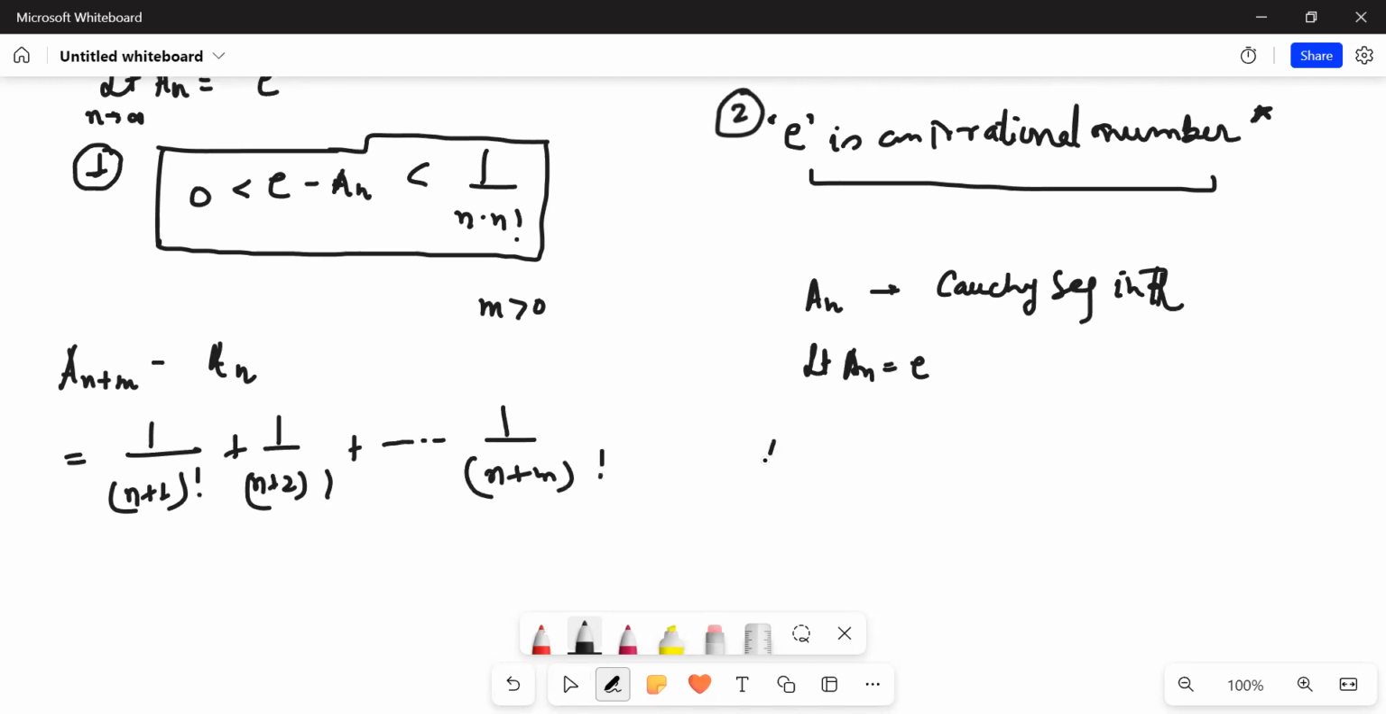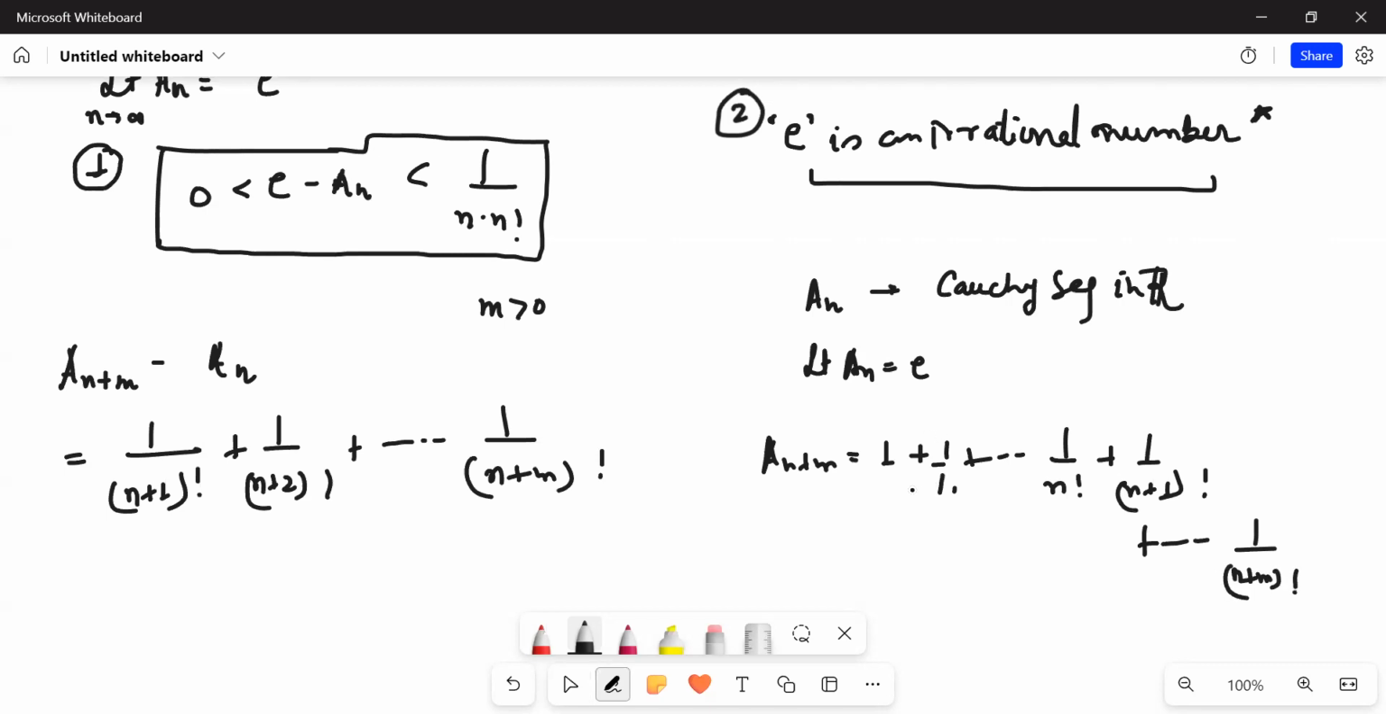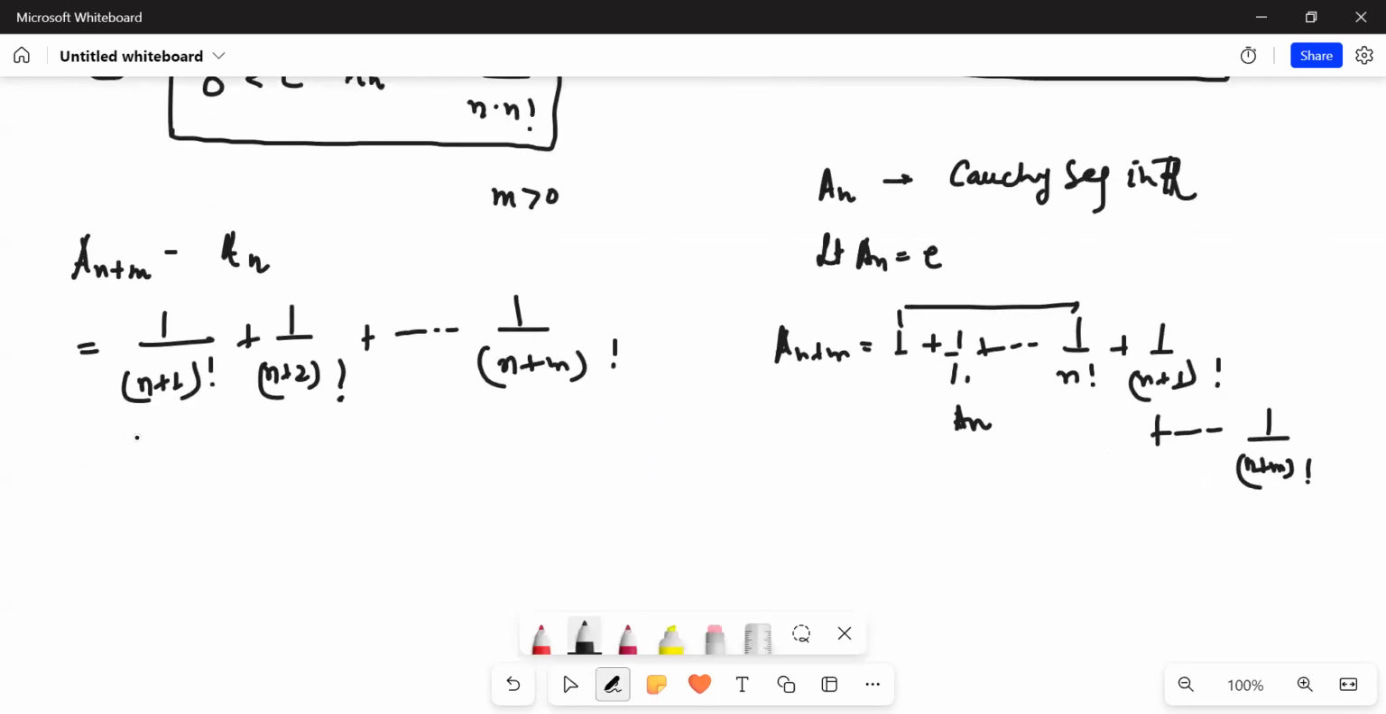Do remember, a_{n+m} is equal to 1 plus 1 upon 1 factorial, and so on up to 1 upon n factorial, then you get 1 upon (n+1) factorial, and this series continues till (n+m) factorial. Now this particular part here is a_n. So if I subtract a_n from a_{n+m}, I get this remainder: 1 upon (n+1) factorial, 1 upon (n+2) factorial, and so on up to 1 upon (n+m) factorial. So a_{n+m} minus a_n will certainly be less than